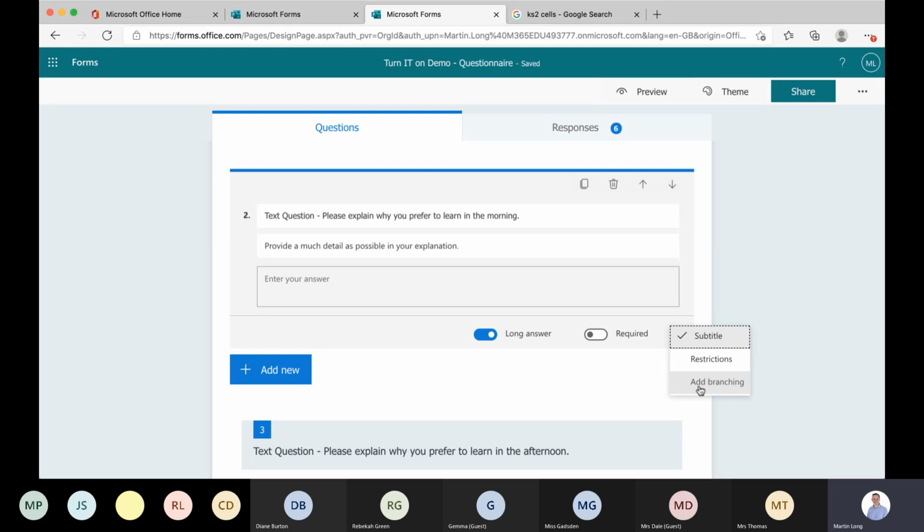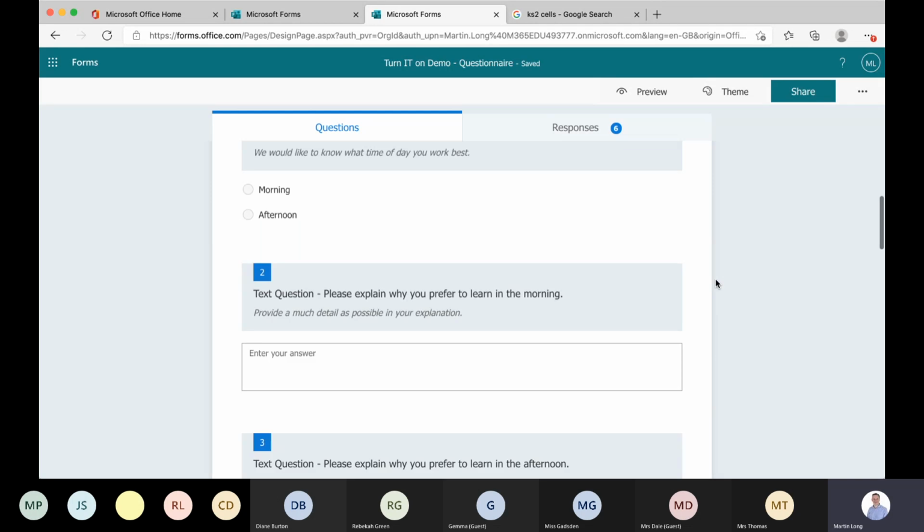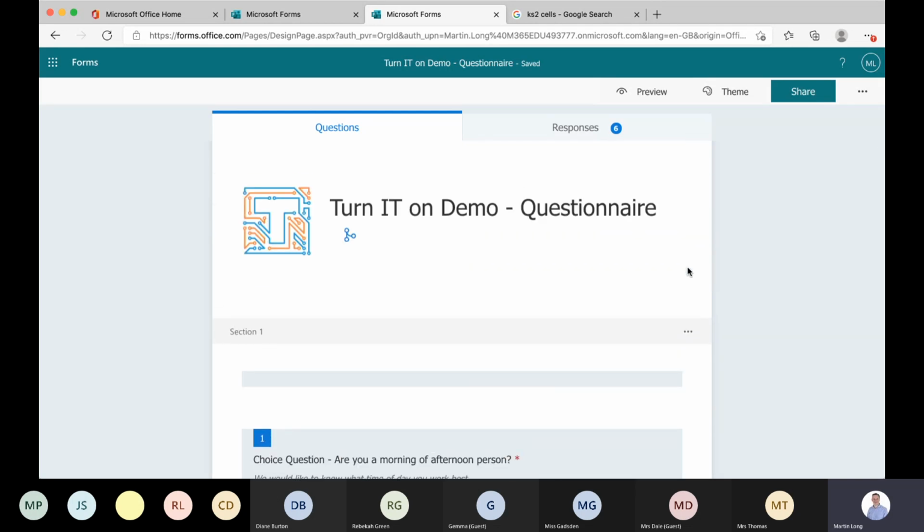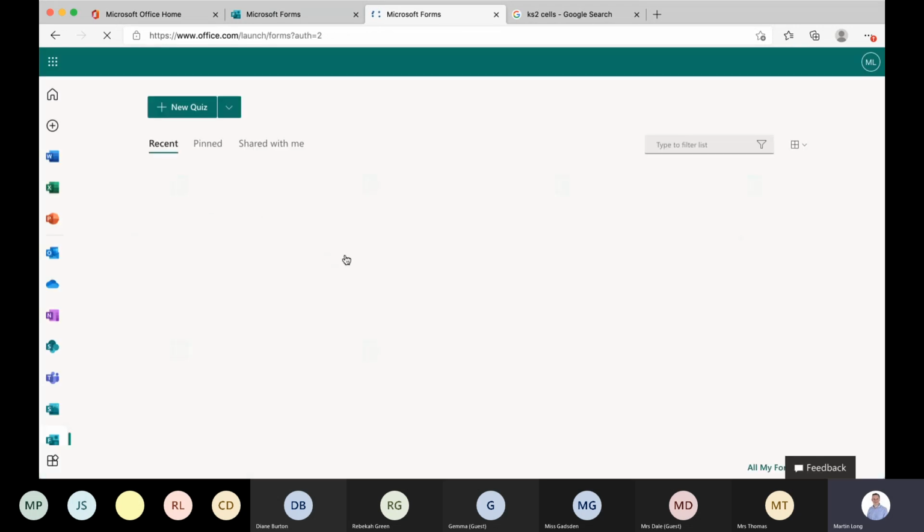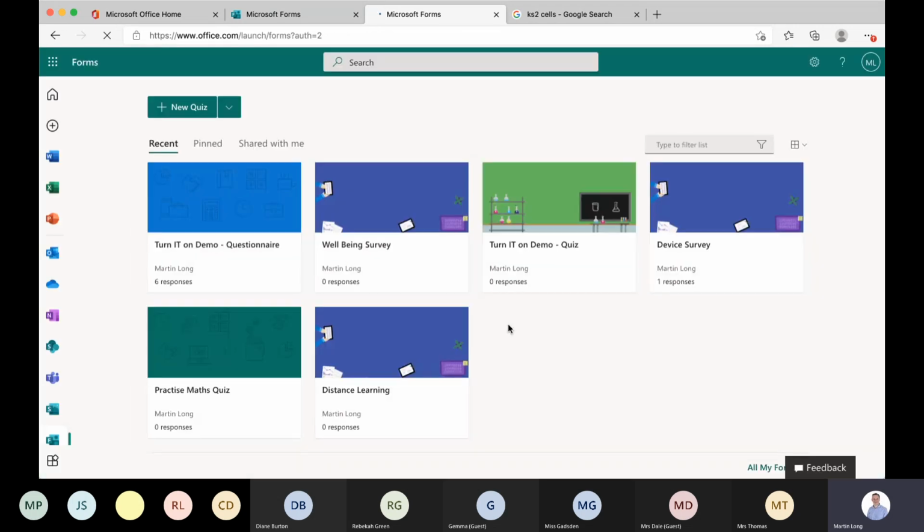So that's the Pro version. That's not available in this version, but it depends on how much of a power user you're going to end up being in Microsoft Forms. The other thing that we said we would show you this afternoon in Microsoft Forms is using it in the